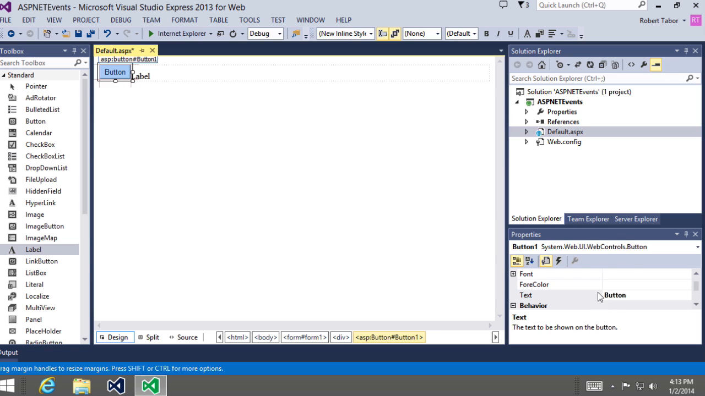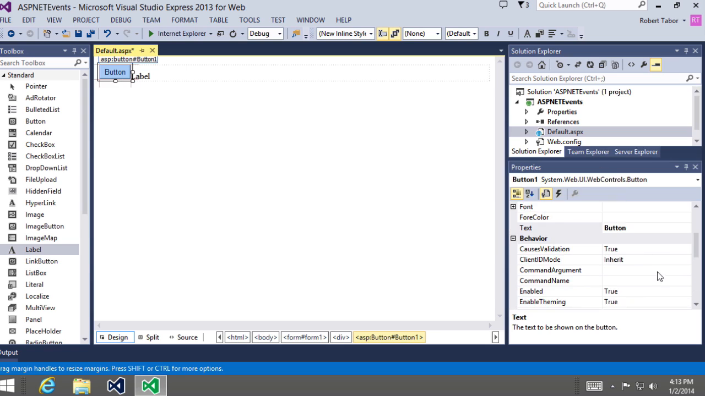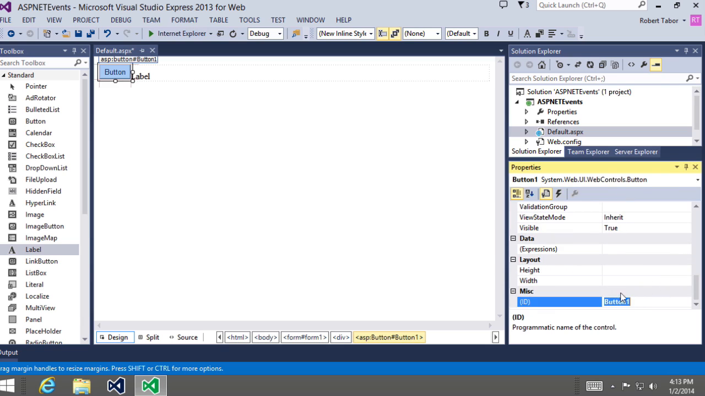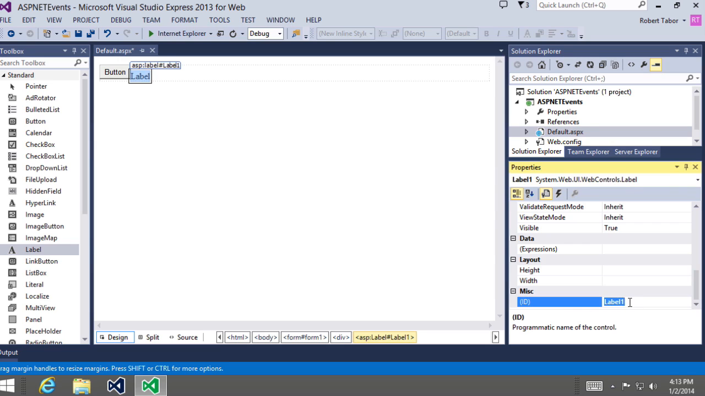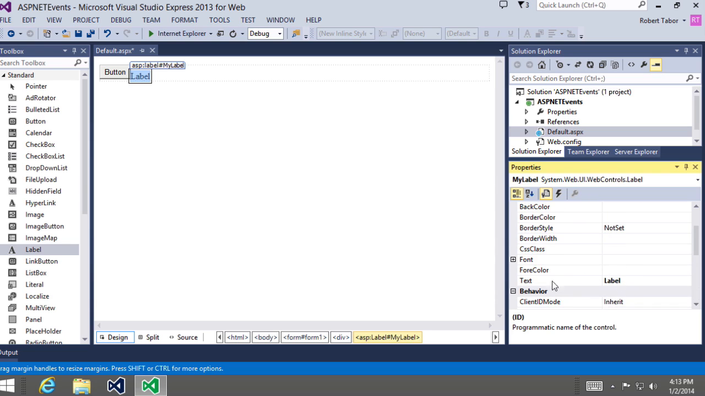Let's start with the button. I'm going to change the button's ID or its name to my button, just like we did in the WPF example. Now I'm going to come over here to the label. I'm going to change its name to my label, and then I'm going to also remove its text property, which is equivalent to the content property of the label control in our WPF application. So I'll just delete that. I'll click enter on my keyboard,